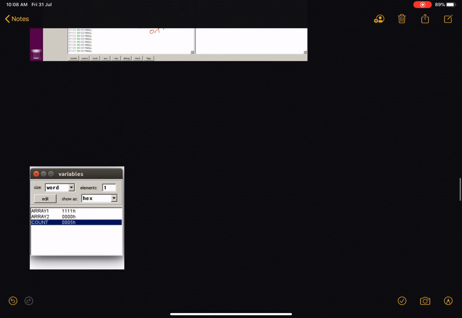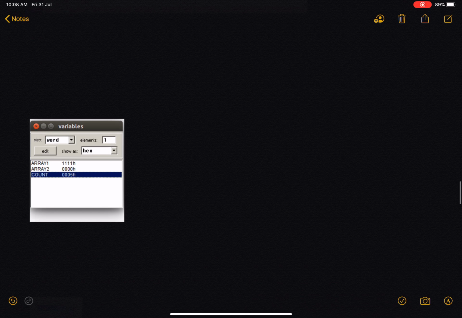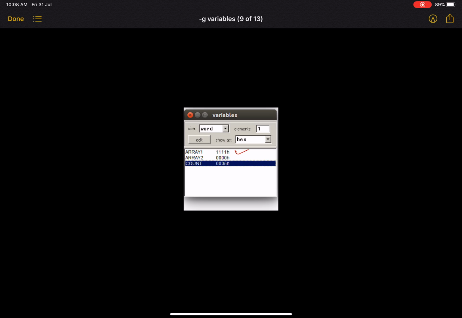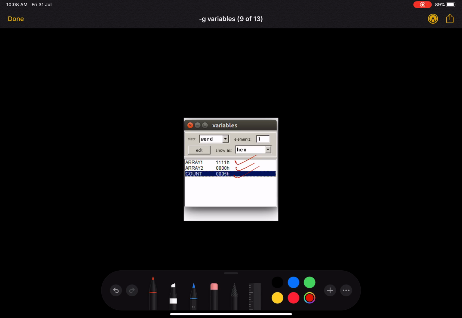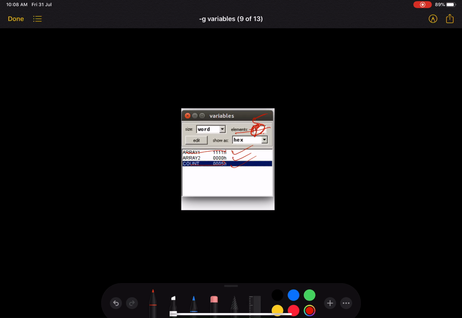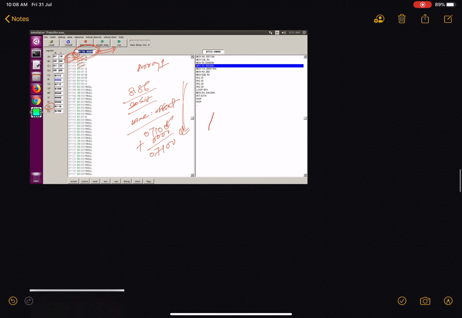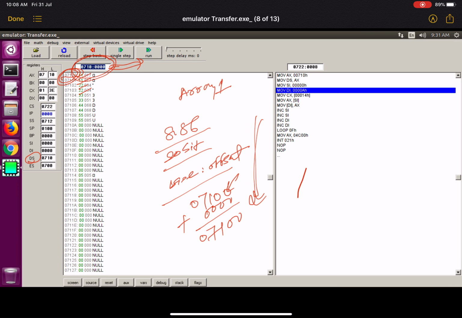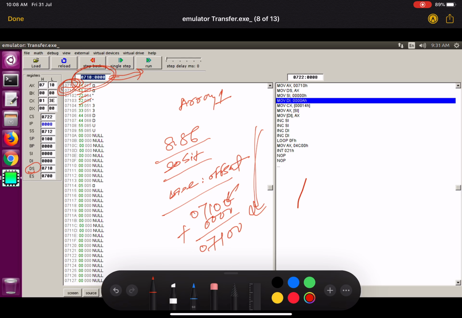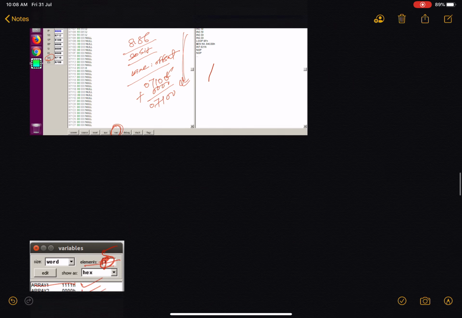Now next, other than all this, you can see directly which variables are available and what are the values of those variables. Currently we have defined 3 variables, array 1, array 2, array 3. If you put 5 elements here instead of 1, you can see all 5 elements of array 1. Count has only 1 value, so that is 1. Fine. So variables you can also see, it is available at the bottom of the screen of your emulator. As you can see over here, the variable is here. So here you can look at all the variables that you have defined.